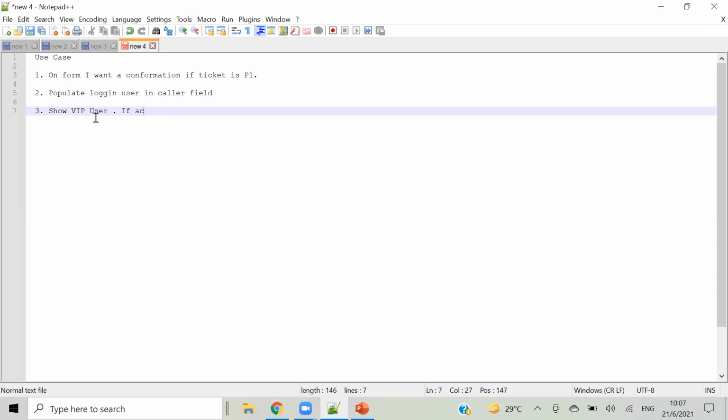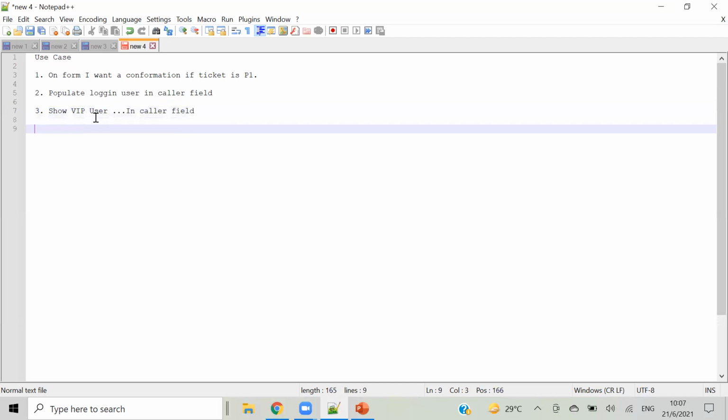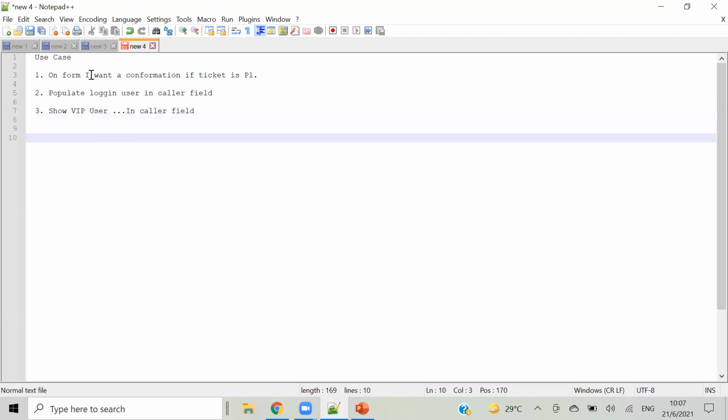If caller, like if we have a field caller, if the person inside that is VIP, then we have to show an alert box. Okay. Show a VIP user in caller field. Okay. So these are the three basic scenarios.